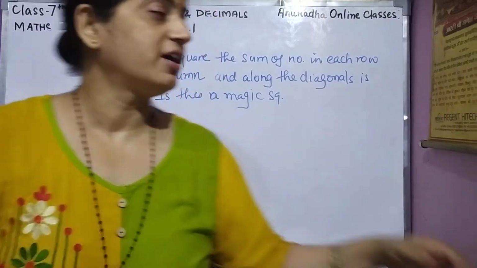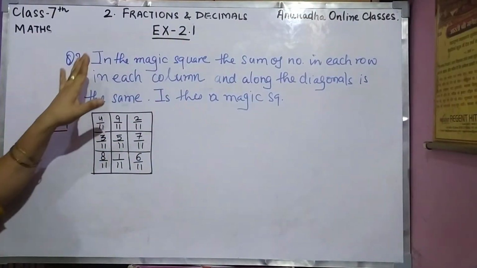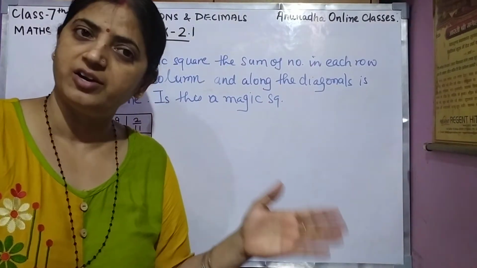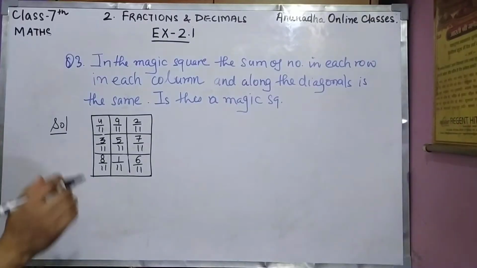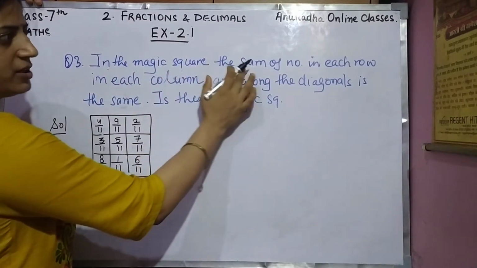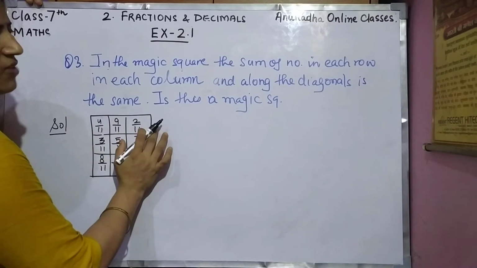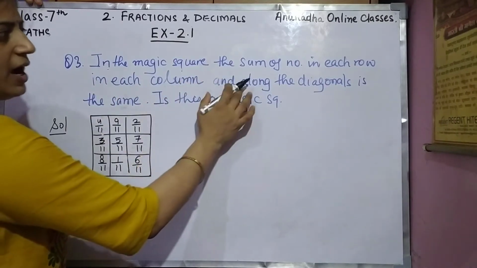Today I'll take class 7, chapter number 2, exercise 2.1, question number 3. As we have done the first and second questions in our earlier videos, let us come to question number 3. Now read the question. In the magic square, the sum of numbers of each row. Sum of numbers means the sum of these fractions of each row,